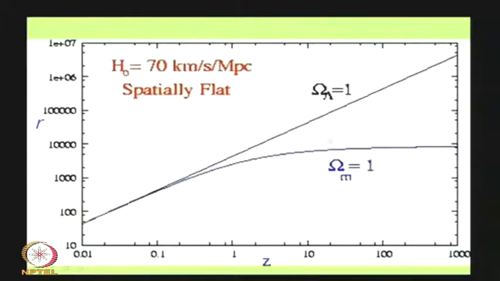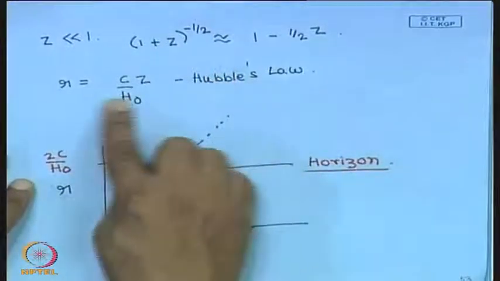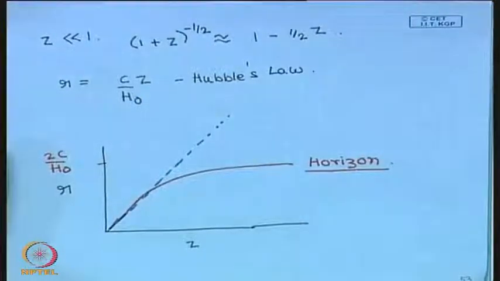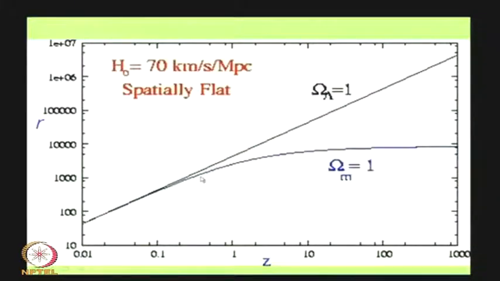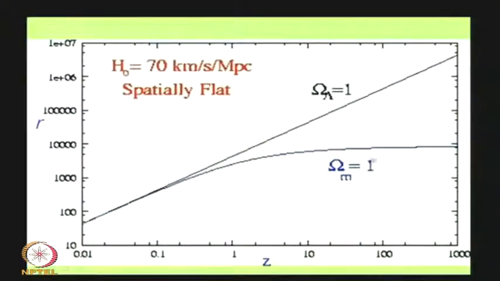So, you see that it increases initially as expected according to Hubble's law, this we had checked, we have seen that when redshift is extremely small, this is the same as Hubble's law. We had worked this out in the last class, and then what happens is that as you go to larger redshifts, there will be deviations from the linear relation because the dependence is different, and finally you find that at very large redshift it saturates, it is a constant value.